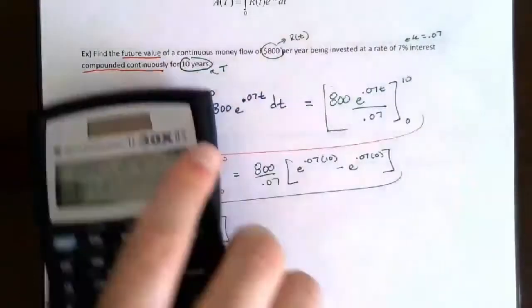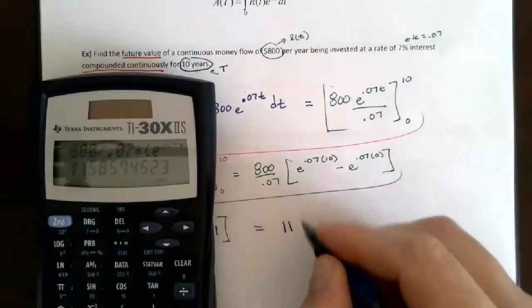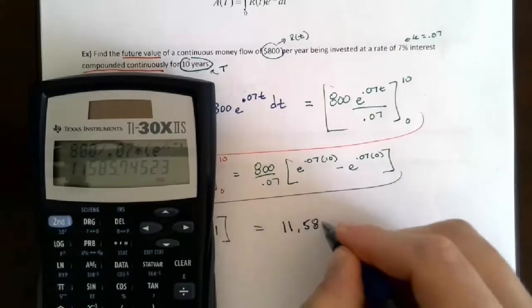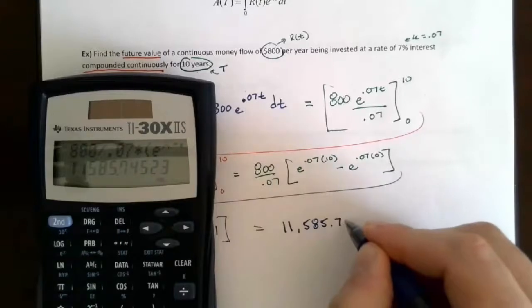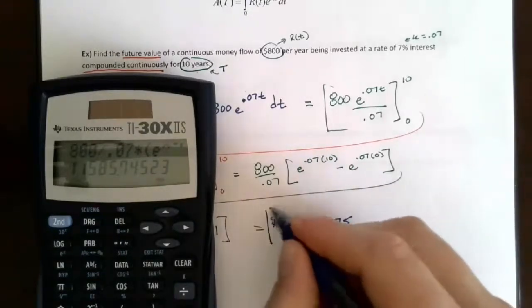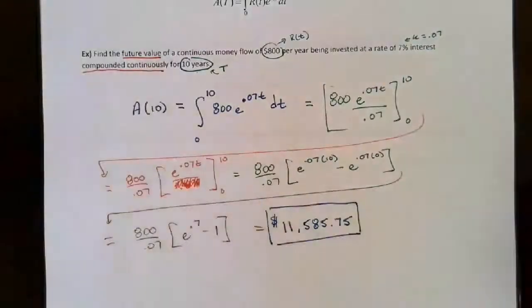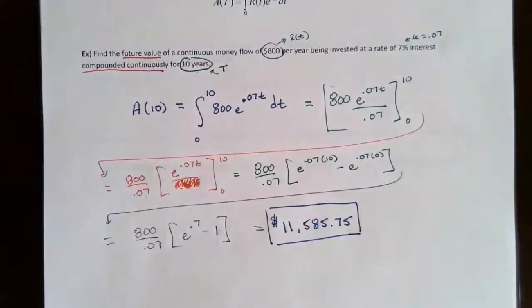So our answer here comes out to 11,585.75. Remember, this is money, so this is dollars. So after 10 years, a continuous money flow of $800 per year being invested at 7% compounded continuously would give you $11,585.75. That's how much money you would have in the account